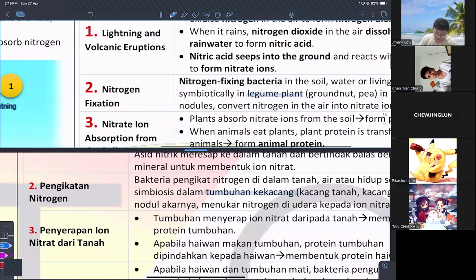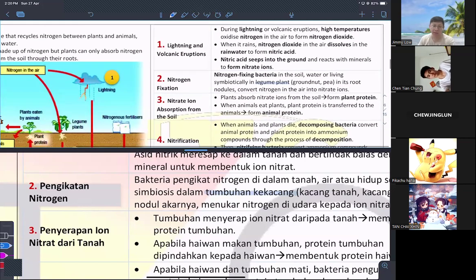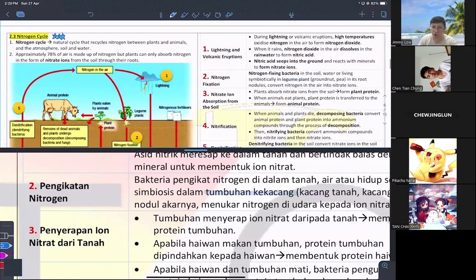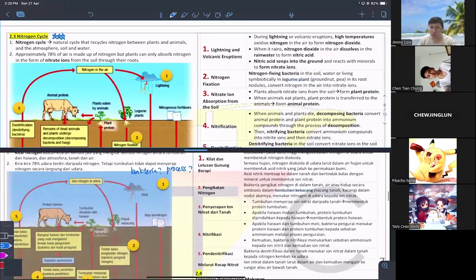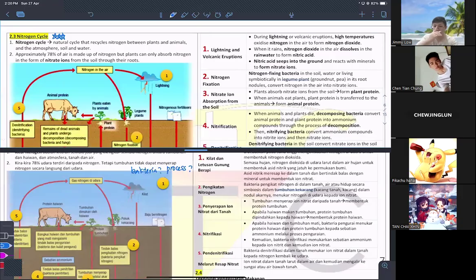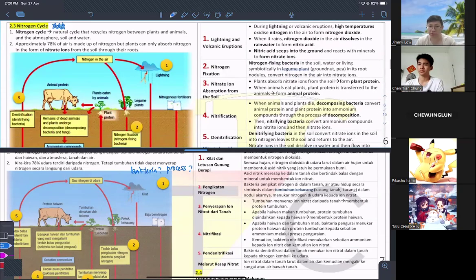Okay, it comes from where? Comes from legume plants. So whenever the question says, hey, my soil lacks nitrogen, or the leaves appear yellowish, they'll ask what you have to do, which kind of plant you have to plant to increase the nitrogen content in the soil. Then you have to say, plant legume plants, to increase the nitrogen content in the soil.